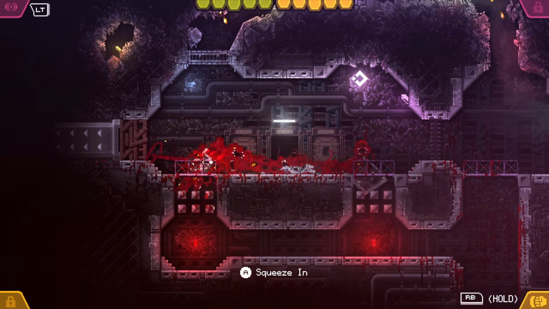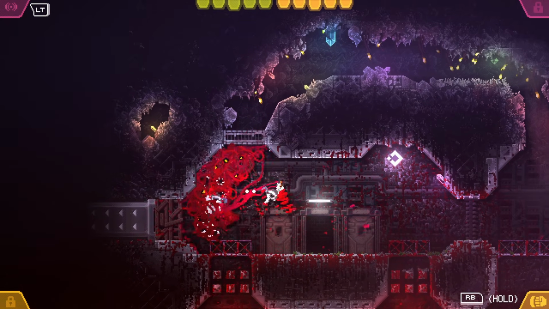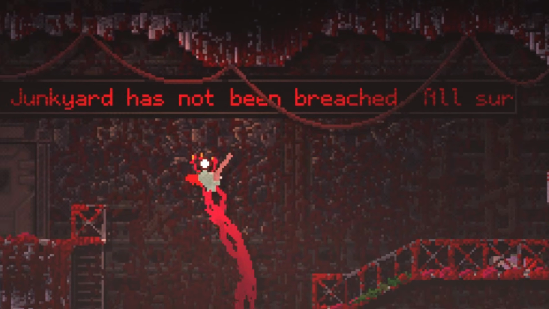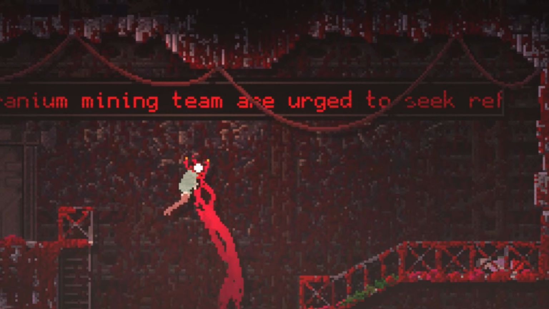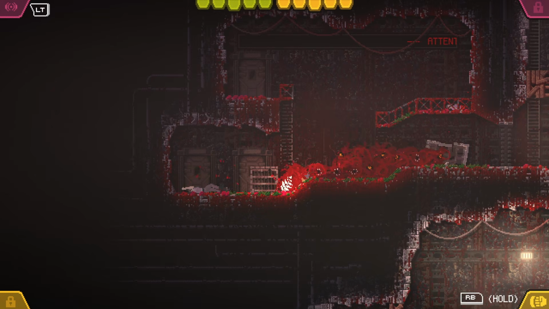By learning this, we've also increased our mass to the next level, and we now have far more eyes and 4 toothy maws. As we continue on, we'll see another scrolling notice telling the employees that the hazardous waste landfill below the military junkyard hasn't been breached, and all survivors of the uranium mining team should go there. You know shit has hit the proverbial fan when it's safer to be in a hazardous waste landfill than, well,